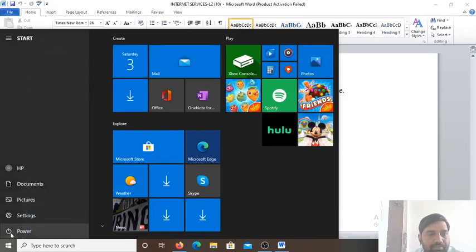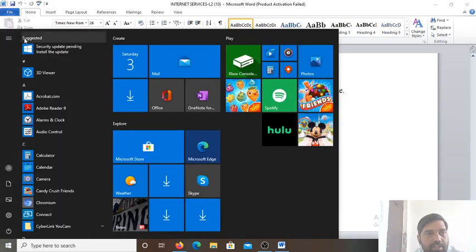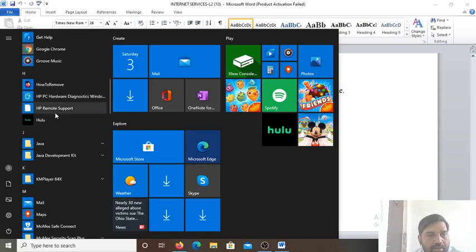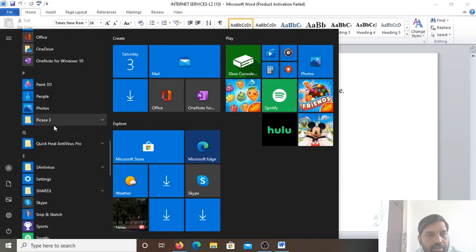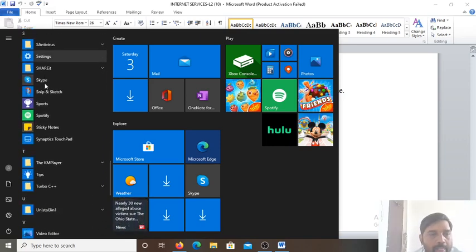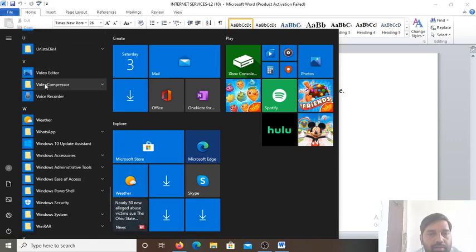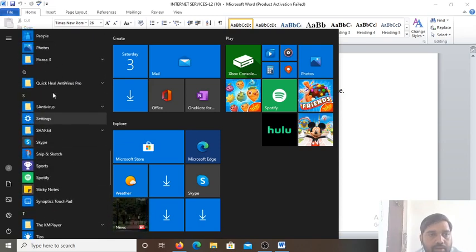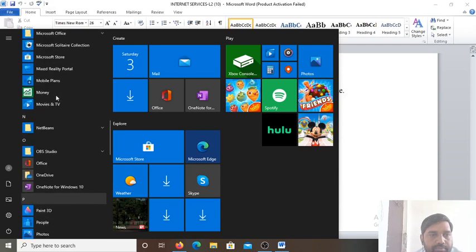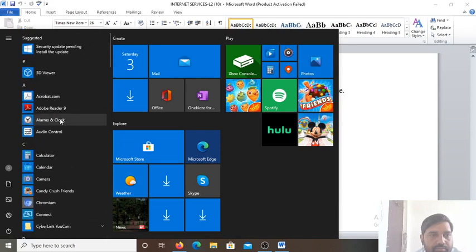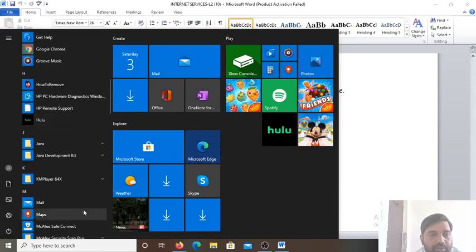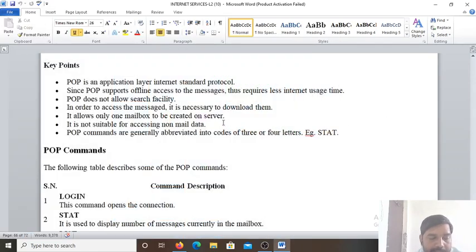Now this is the Start, as you can see. So in the Start you will find, in this Windows 10, as you can see in figure 2.9, there's a Programs folder.